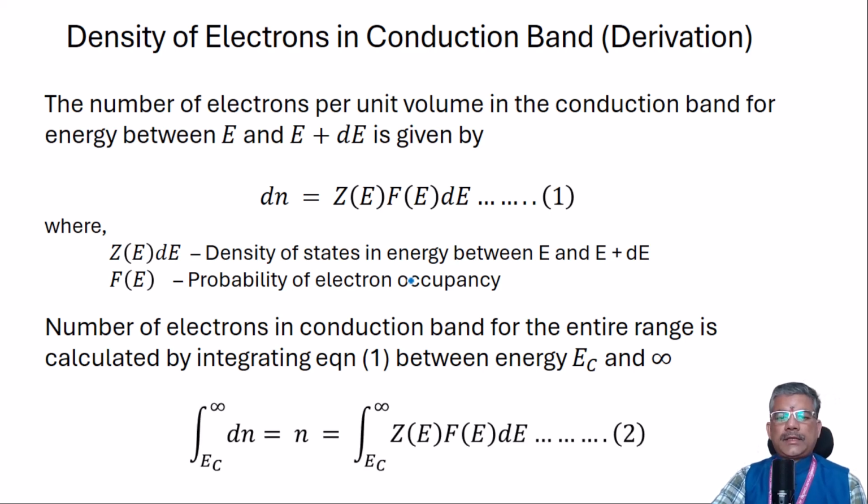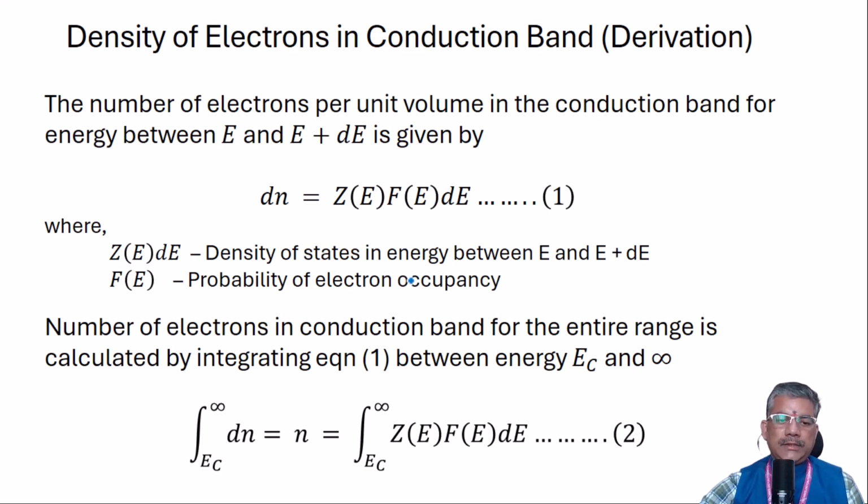So, the number of electrons in the conduction band for the entire range is calculated by integrating equation 1 between energy EC and infinity. Why? Because the minimum energy level for the conduction band is EC and the maximum energy level is infinity. So, we can write